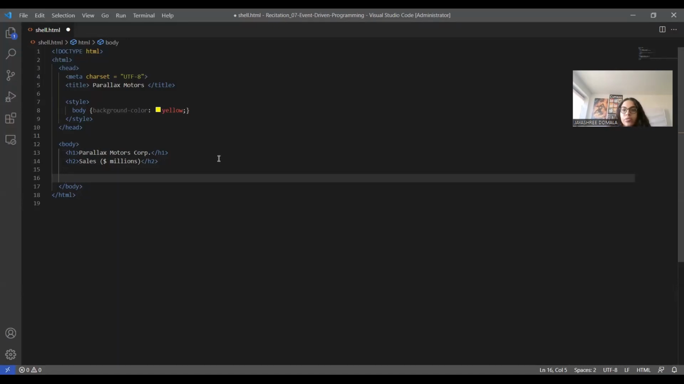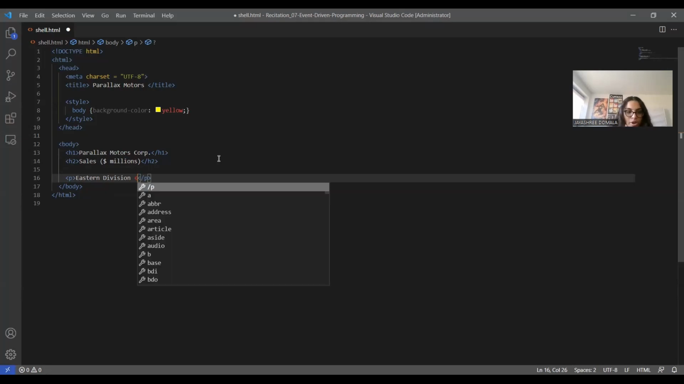Now the next thing that we have to do is we have to get the inputs for the Eastern division and the Western division. So let's just write that. We can just write first Eastern division. We know that we need to have a text box over here, and like mentioned before, the syntax for a text box is we have to write input and type is equal to text. So let's just write that. We write input type equal to